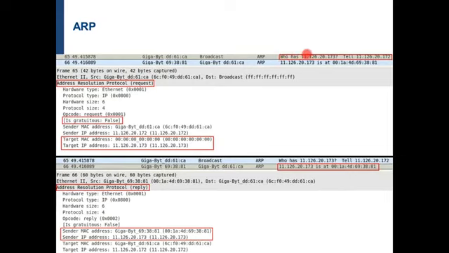The request says who has this IP, and reply to the IP here. In this request, we can see the sender MAC address, which is the MAC of IP 11.126.20.172. And we request the MAC of this IP, 173, in the same subnet. And at the target MAC, we put 0 because we don't know its MAC.